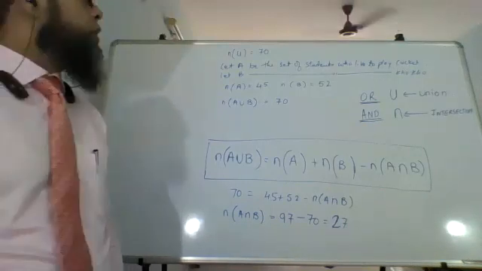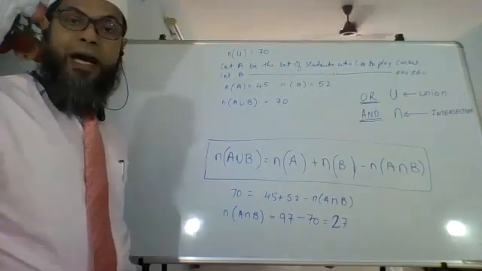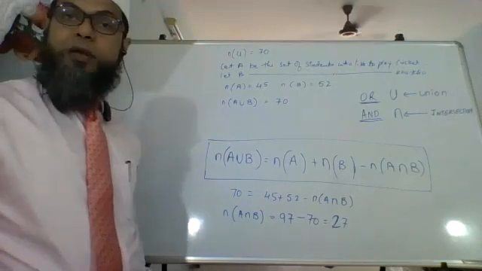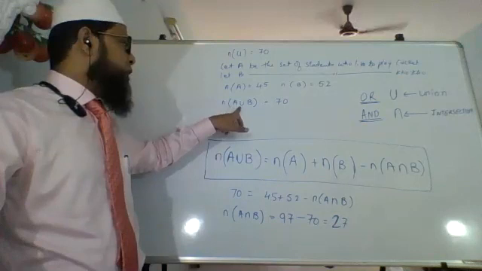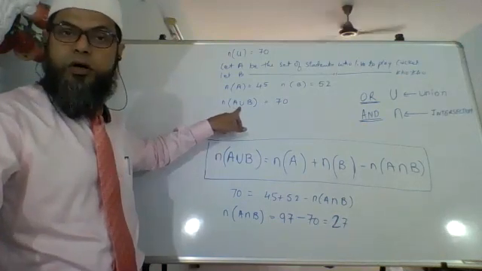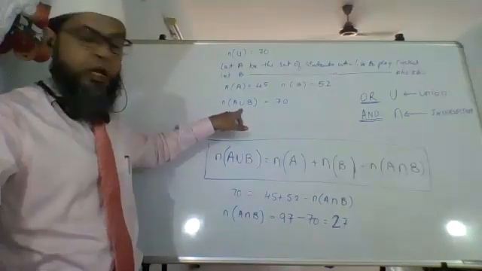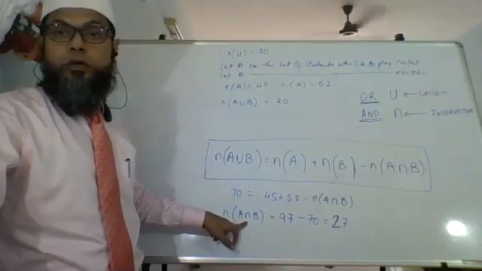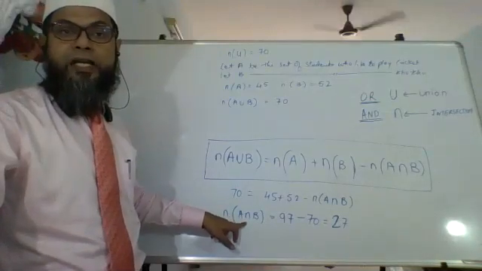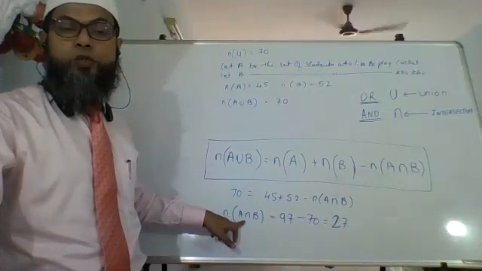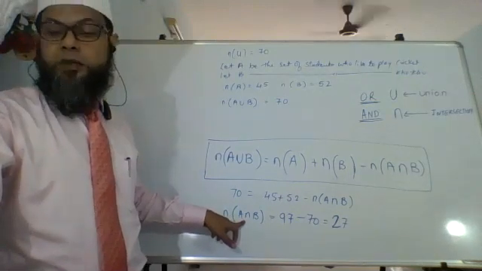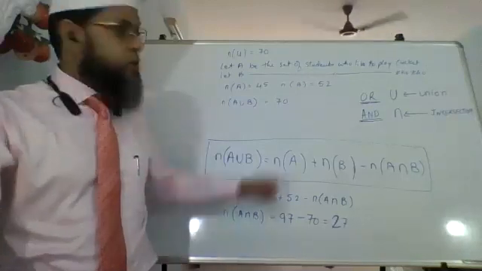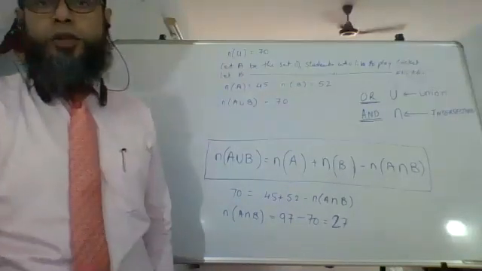Okay, so please remember that "or" and "and", because many people get confused. Sir, I thought this, and instead of "or" I used intersection. That is wrong. "Or" has to be union. And instead of "and" I used union. That is wrong. "And" has to be intersection. So that is what you have to be very, very careful about. You can't just go wrong with this. Okay, please note that somewhere.